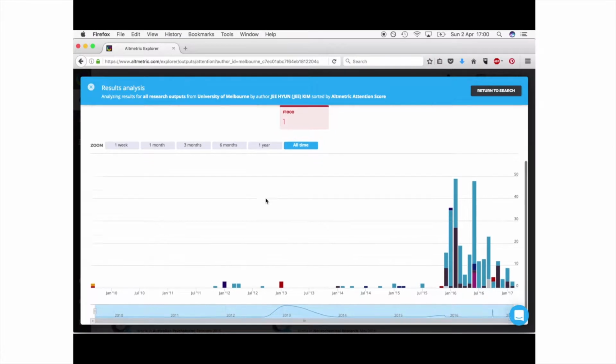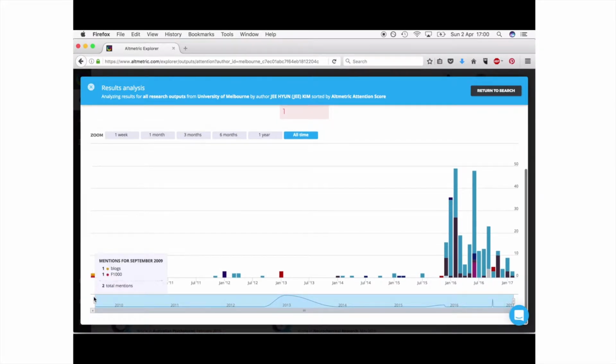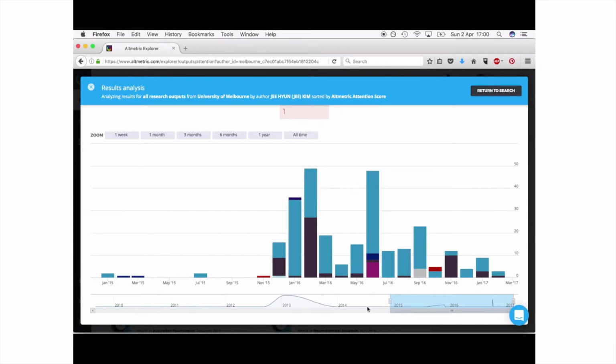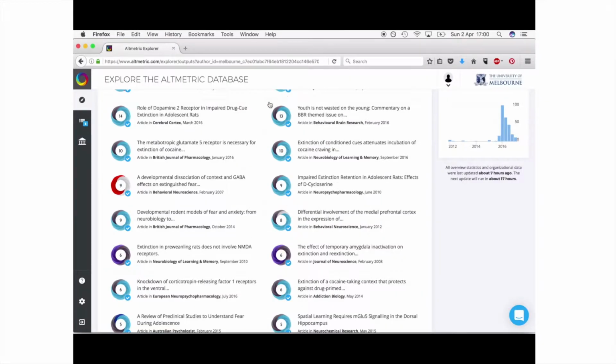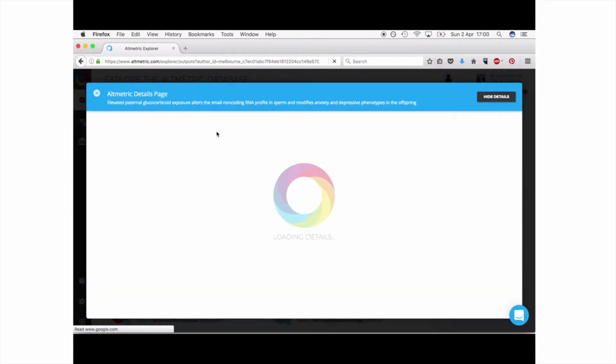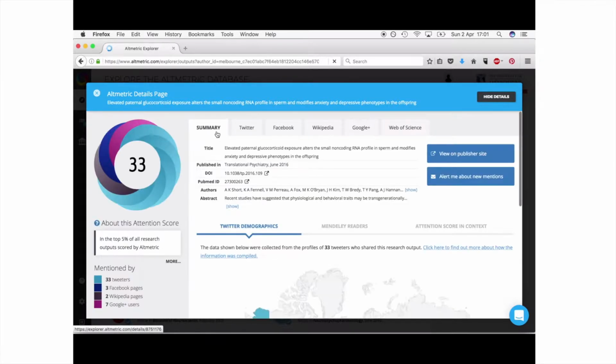We can go down and we can change how we view this over time, and we can see that I started at Research Platforms in October. We see this really big increase in her online impact in that time. Here is a month where she published several articles, and if we go back, that month of June is captured here. It's actually her most popular research paper with the highest altmetric score of 33.